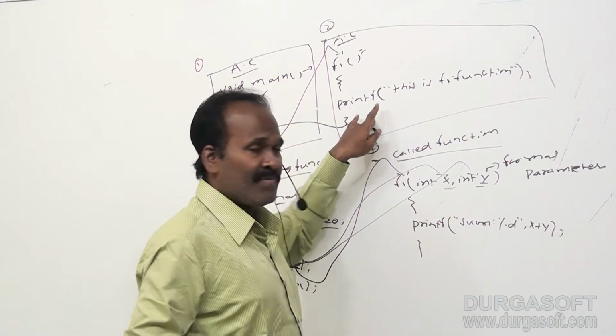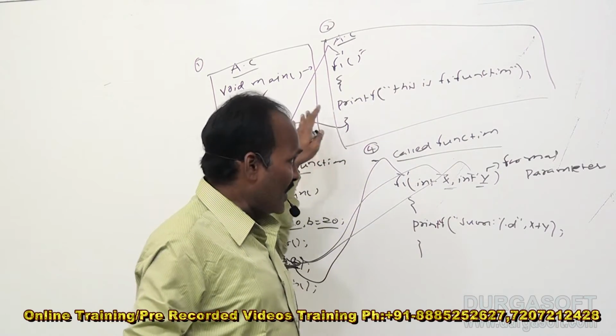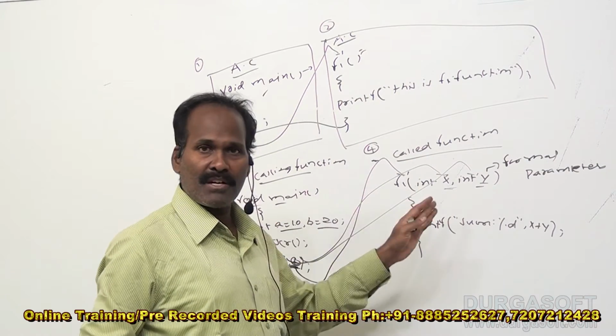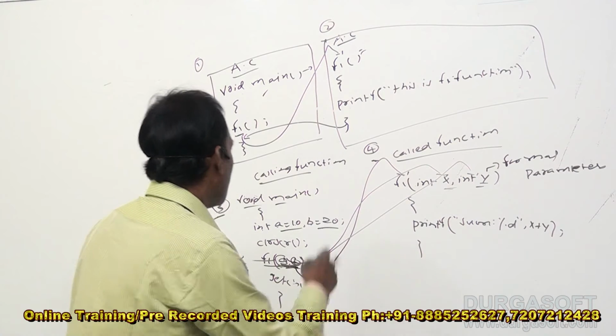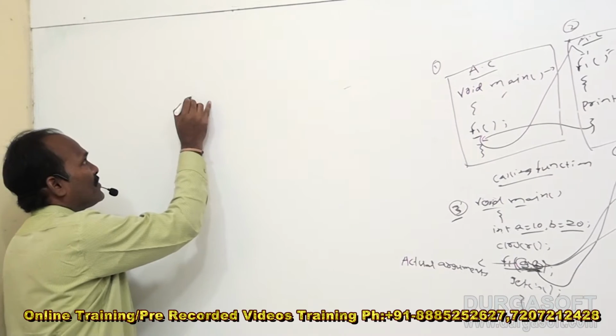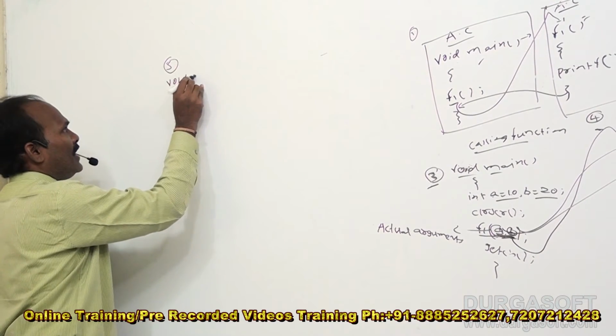First category, this is a function without arguments and without return values. Second category is a function with arguments and without return values. This is the second category. So the third category will be like this. Just look at this, that is third, fourth. This is 5, 6. Void